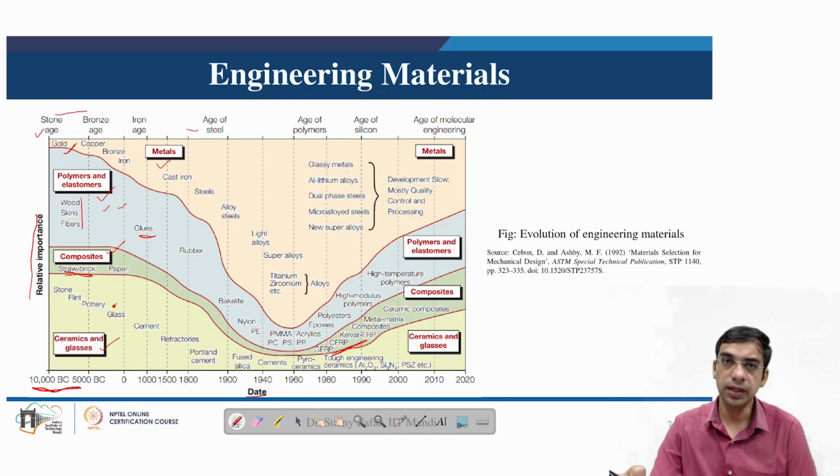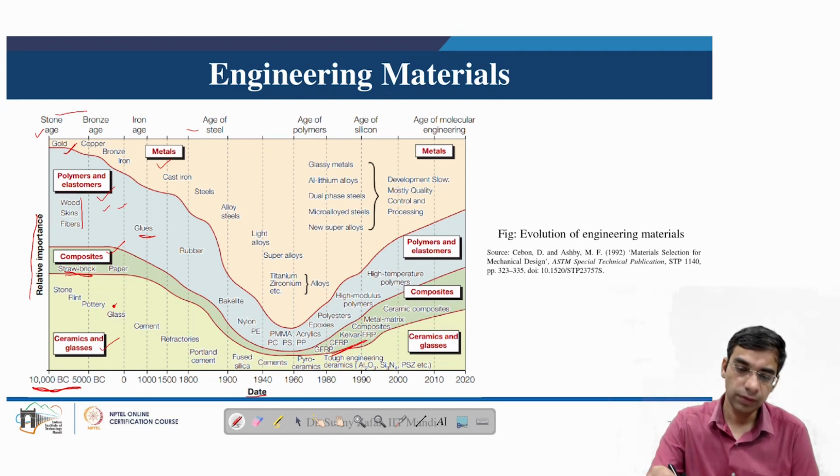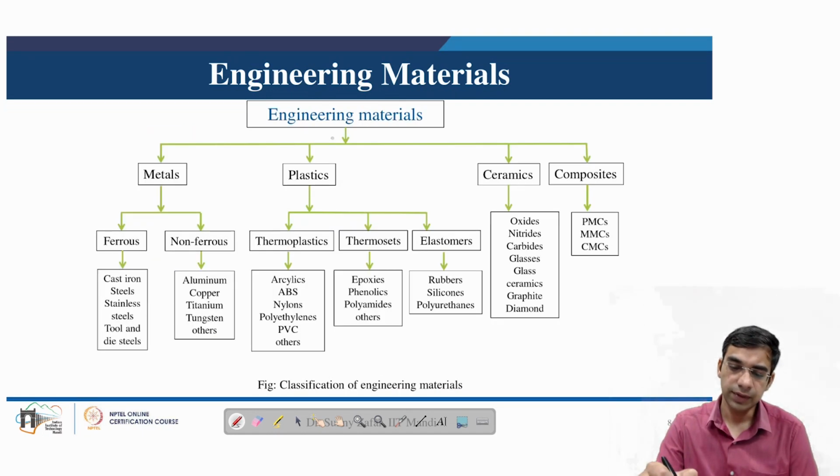So this is a continuously evolving topic, and looking forward, we can say that classification of engineering materials is still based on the basic classification of metals, plastics, ceramics, and composites. In the next few slides, we will understand the basics of each of them, because understanding the basics of each of them helps to select the appropriate material by knowing what properties each of them exhibit, and then how those properties can be used in any specific engineering application.